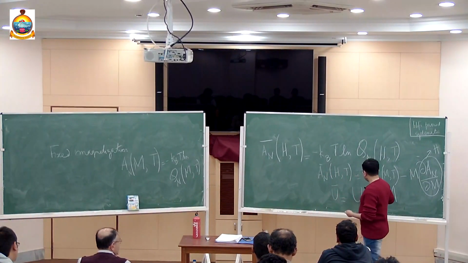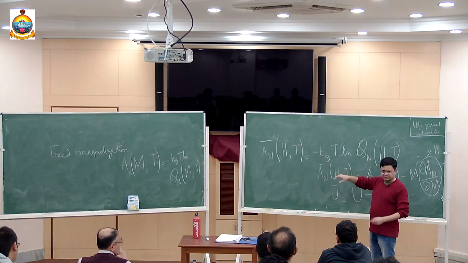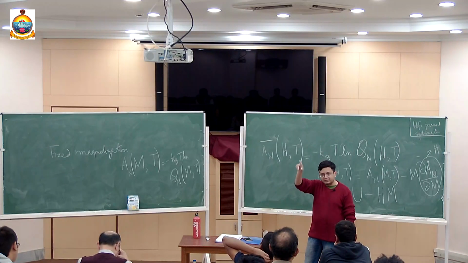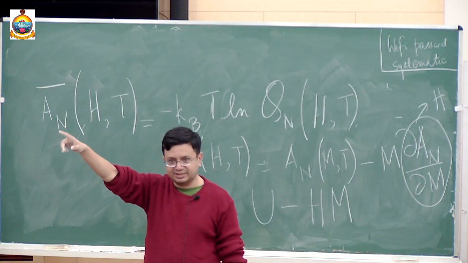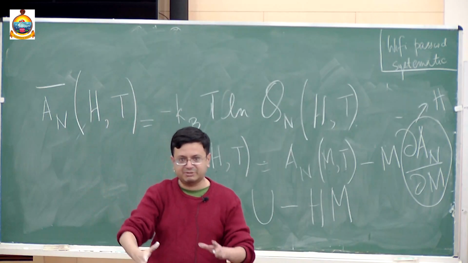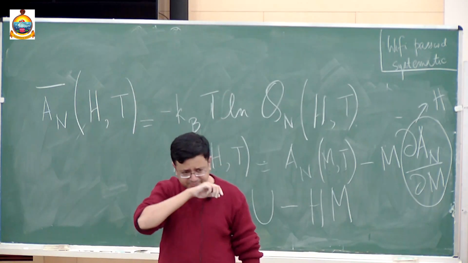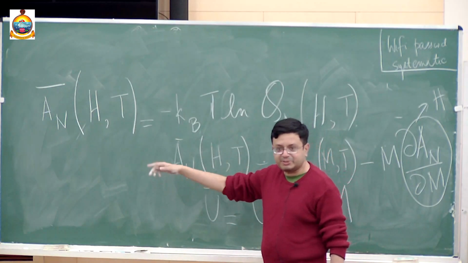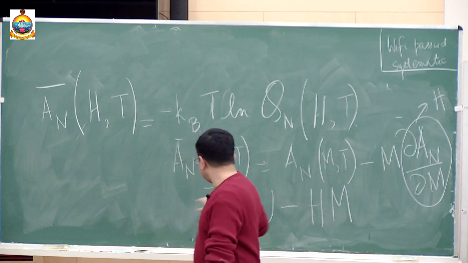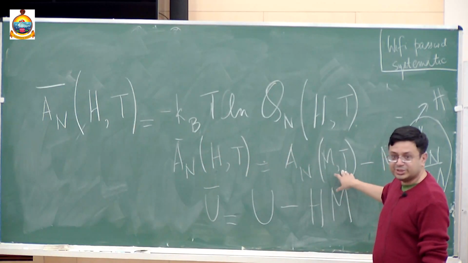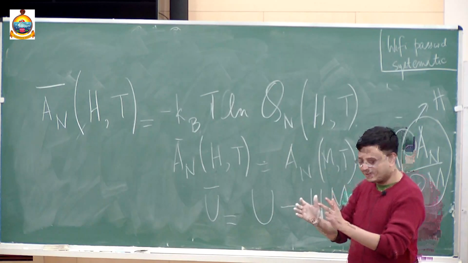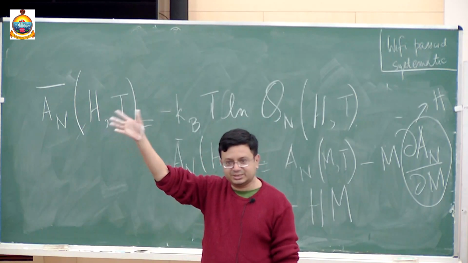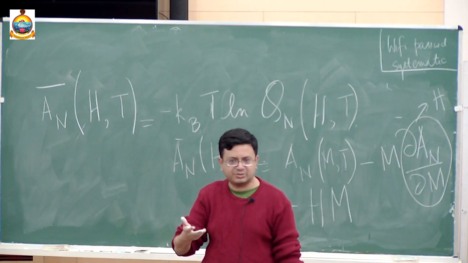By the way, typically you always use this. For example, in calculation of magnetization in the Ising model, you will see that they put a magnetic field by hand. Initially, they say this is H. I have kept the system in this magnetic field. You do the canonical partition function, you get this thing. And now you derive with respect to h, and then you get m. Because this calculation is difficult to do: summing over those configurations that have got a given value of magnetization is difficult,